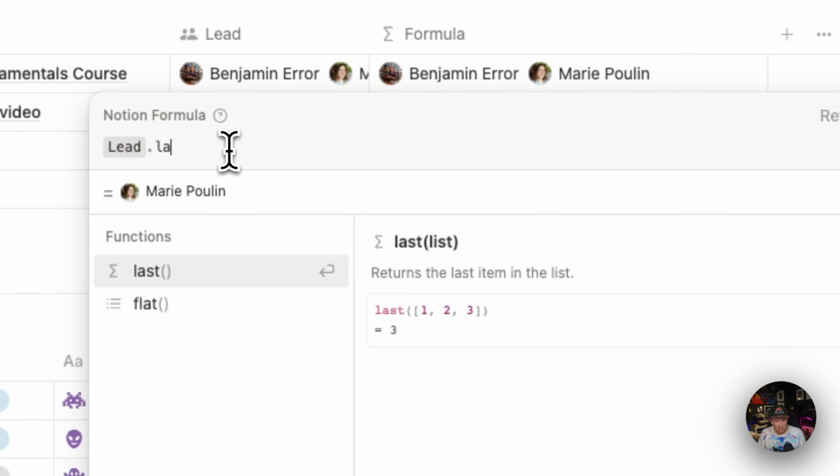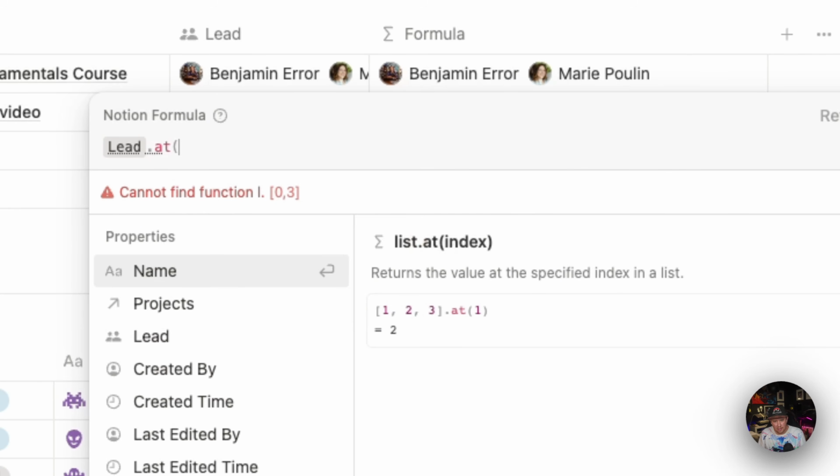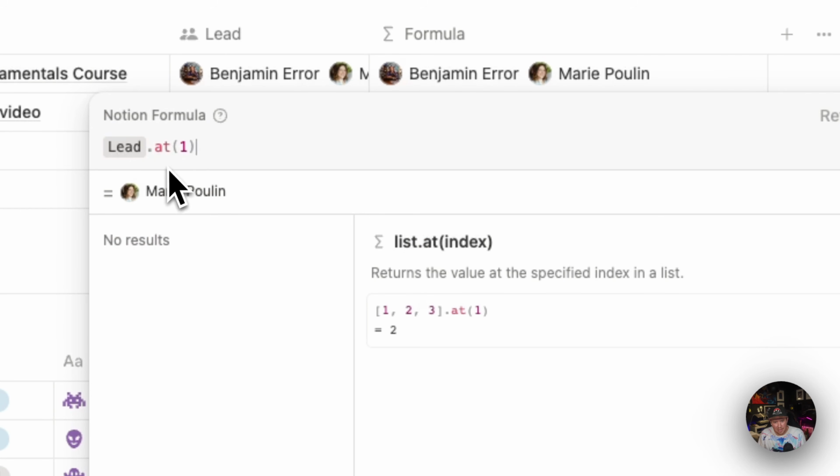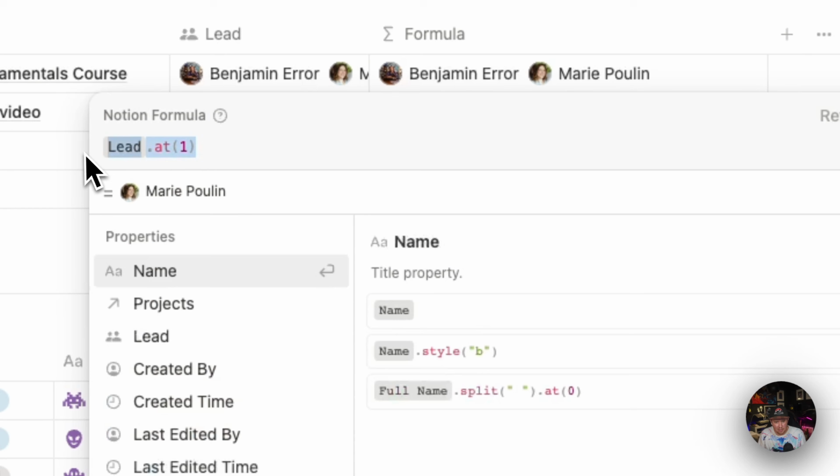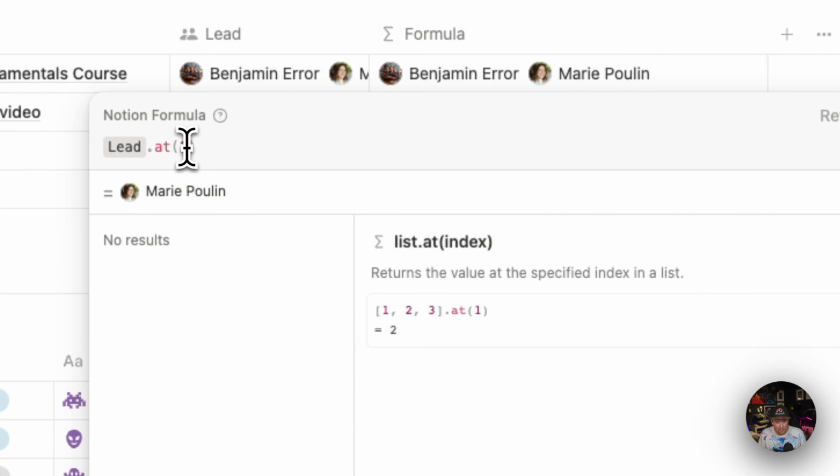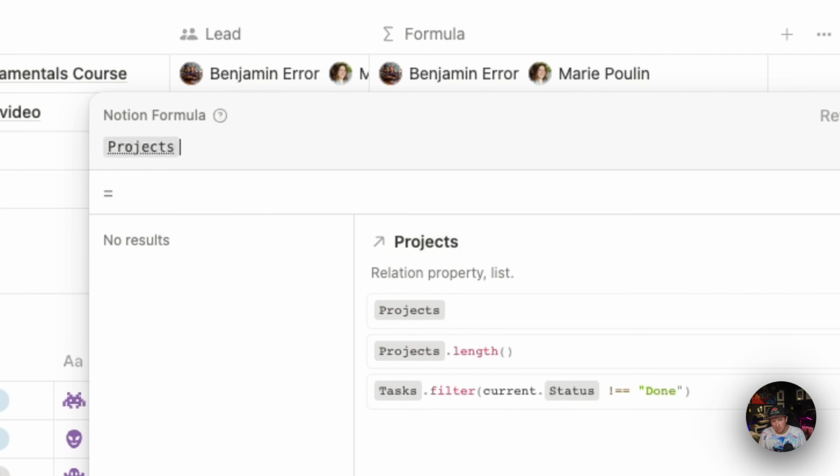And I can also use the at function here, and that will give me the item at a certain index in the list. And this is a 0-indexed array, so if I type 0, that would be the first item in the list. As well as people properties, relations are also lists, so I can mention the projects relation,